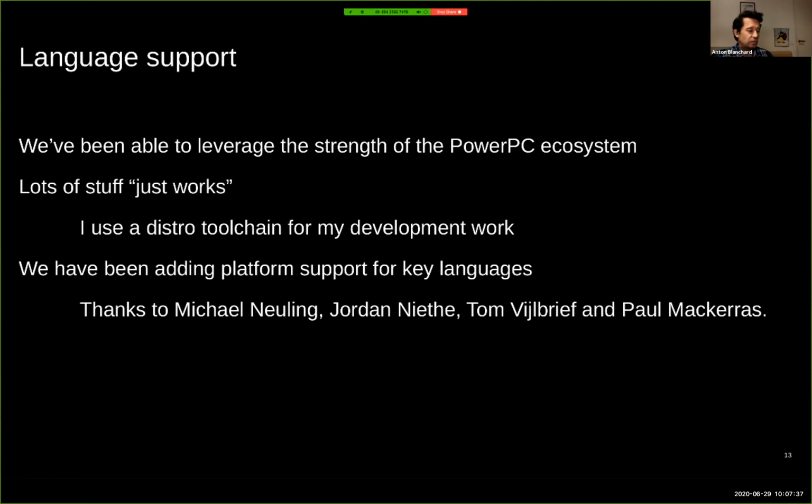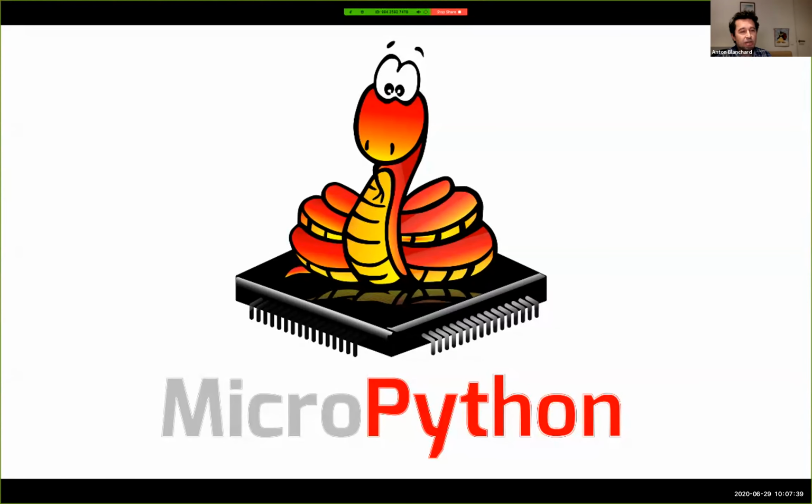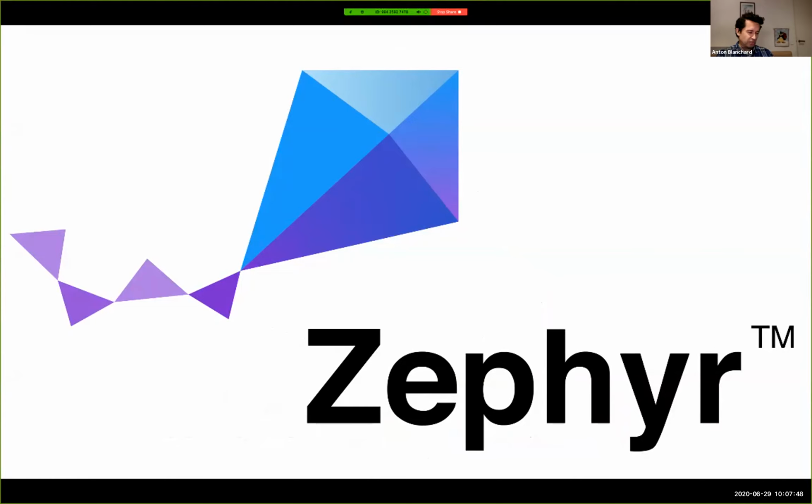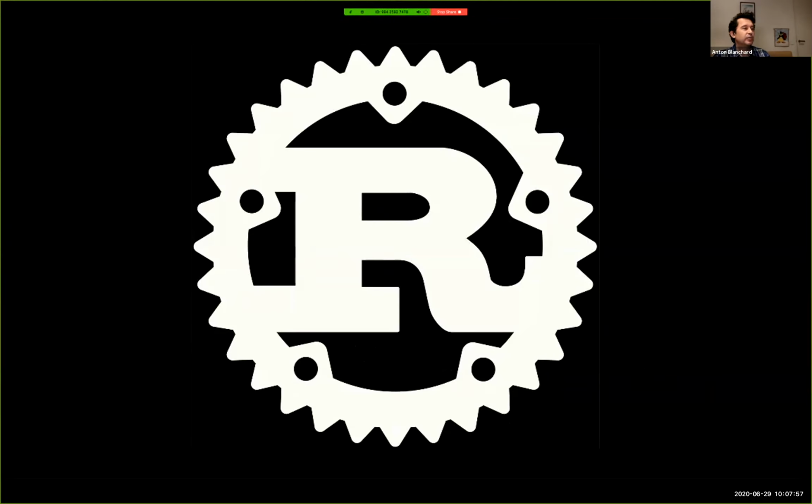get them running on Microwatt. We started with MicroPython. That's a great little Python interpreter, really simple, runs on an amazing array of things. That was a pretty easy port. We then went into Zephyr. Zephyr is a really interesting IoT OS, and it supports a wide number of platforms, but that was kind of an interesting stepping stone. Along the way, we had a contributor just pop up and port Rust. And so the embedded Rust environment, and again, went on quite easily, which was good to see.